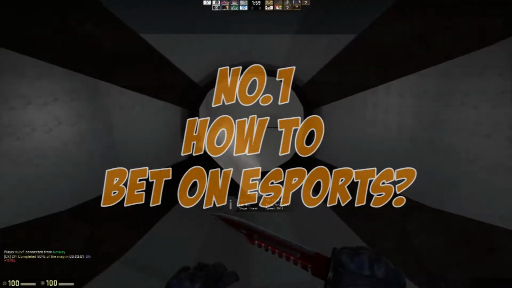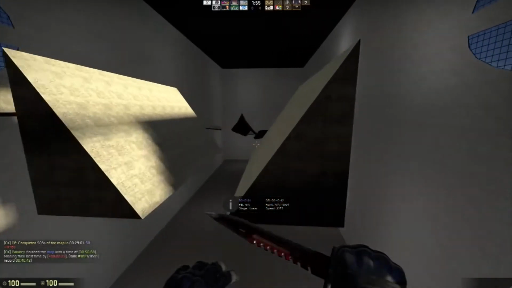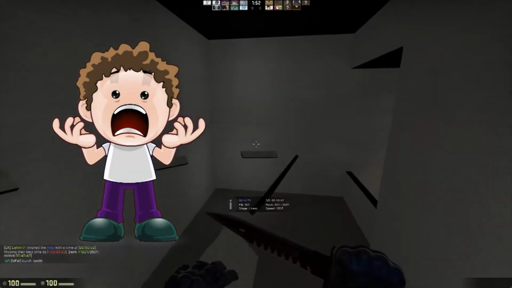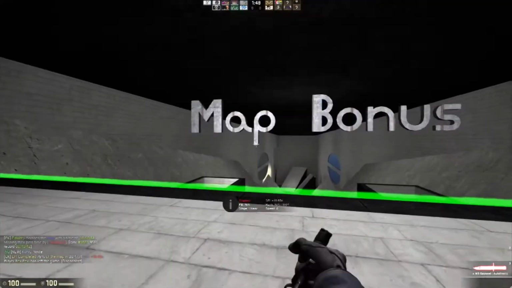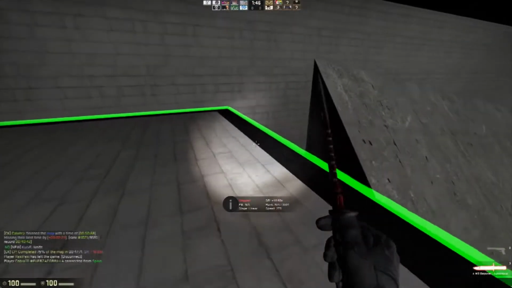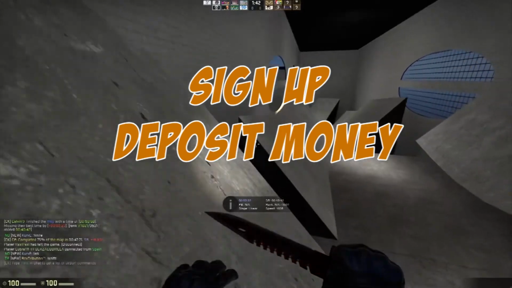Number 1, how to bet on esports. If you ever used a skin betting website, then you're quite familiar with the process of betting. If not, then you will never know how it feels to be outraged and happy at the same time. Jokes aside, real money esports betting is an extremely simple process. You sign up to a betting site, deposit money, and then you use that money to bet on a specific